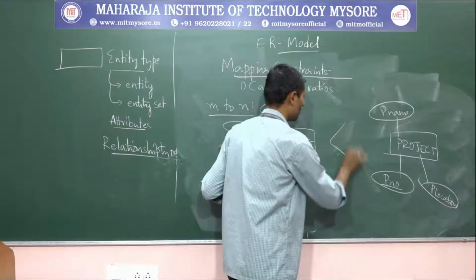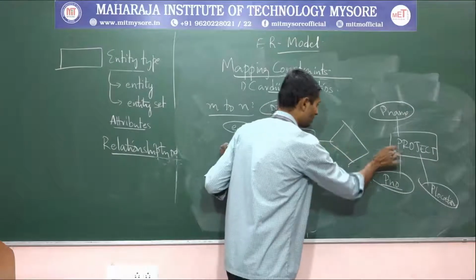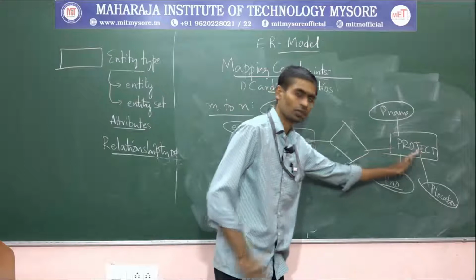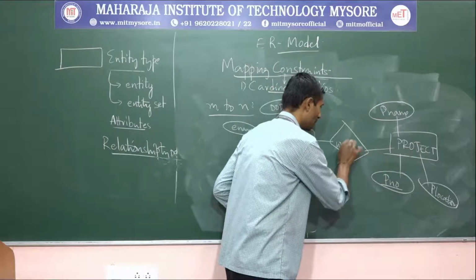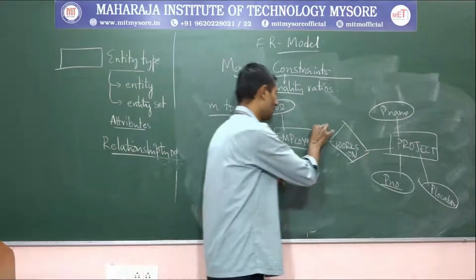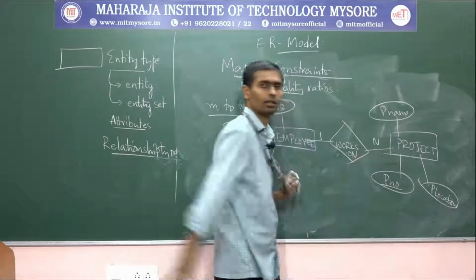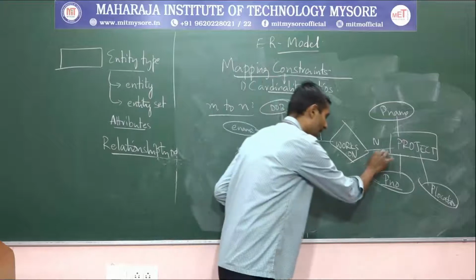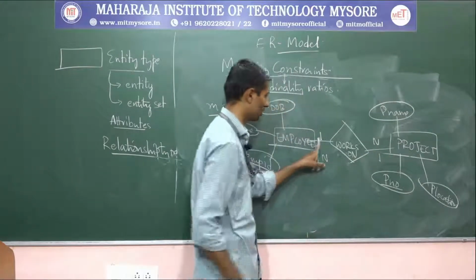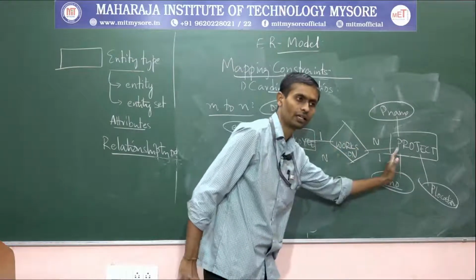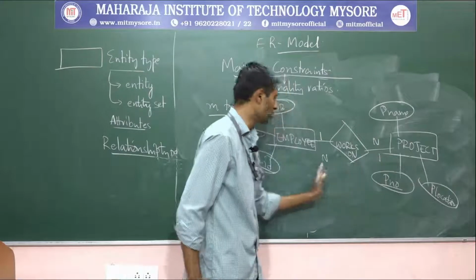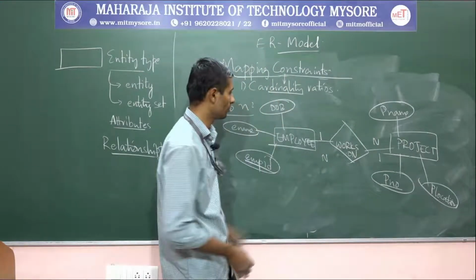Then they are connected with some relationship type that I'll make use of here. What I said, employee working on a project. Employee works on project. I said one employee can work on many projects, and a project can contain many employees. Look at this one, guys. One to many reading from left to right, and from right to left, we said in a single project there could be many employees involved.